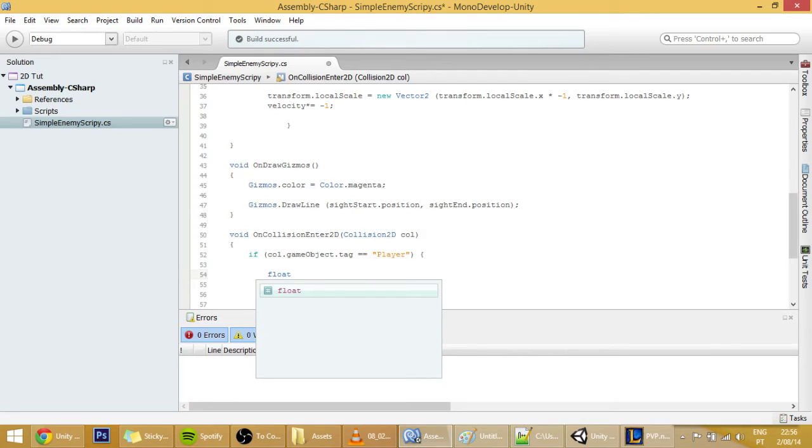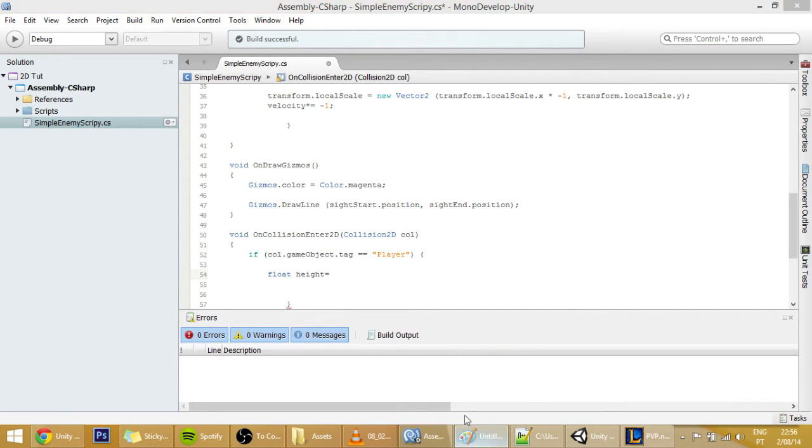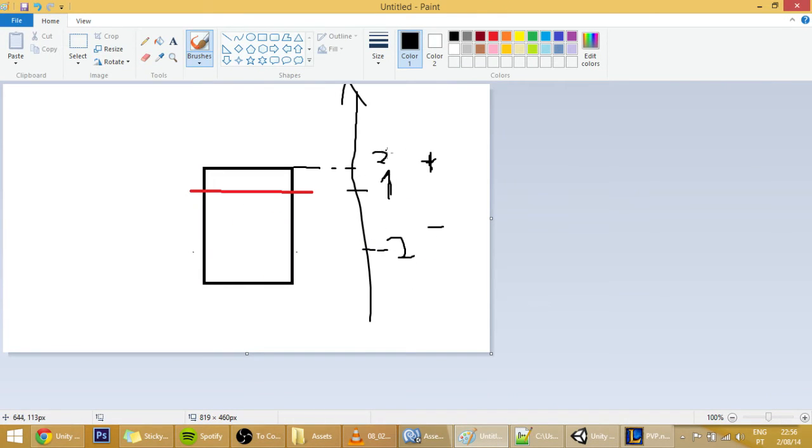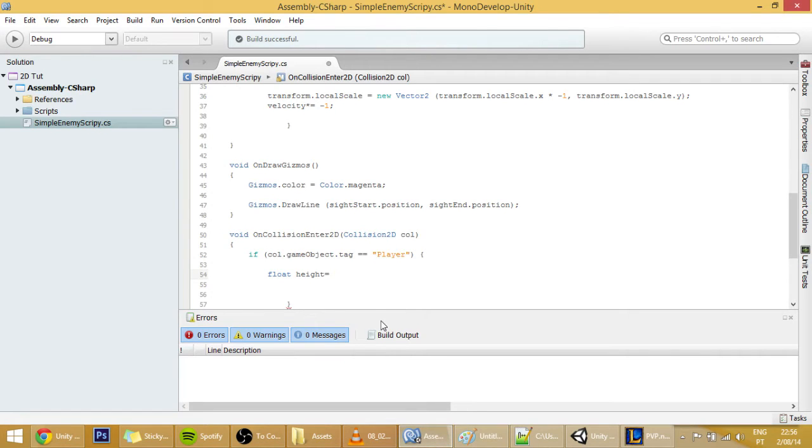Create a float called height, and that height will be equal to the difference between two things: that colliding point and the height of that weakness line. And how can we access the exact point in world space where our game objects are colliding?